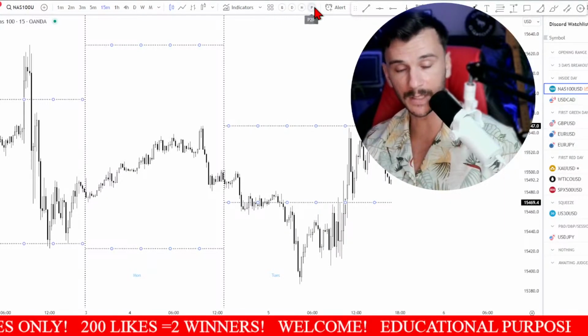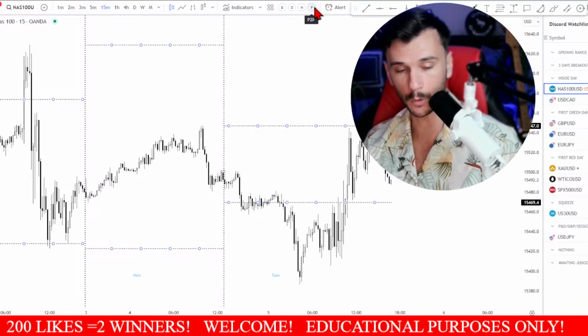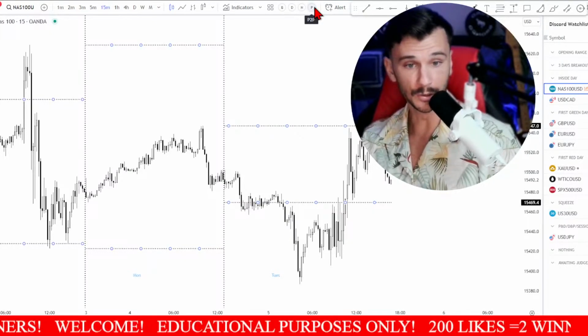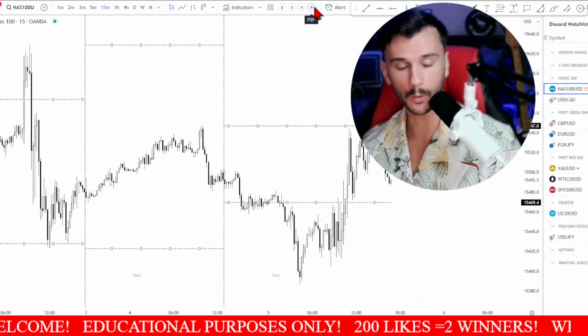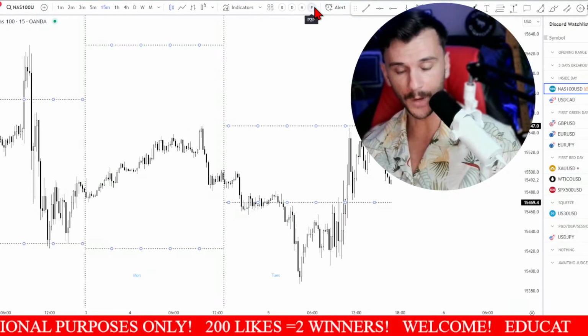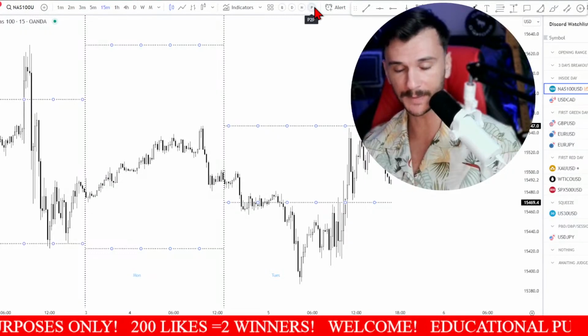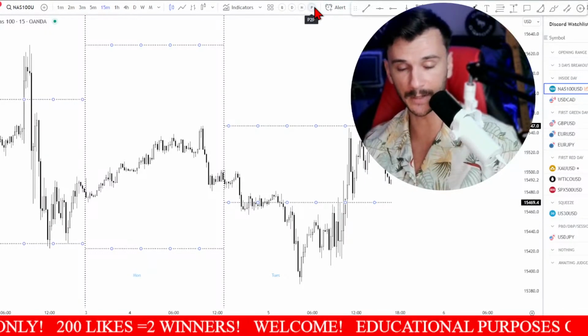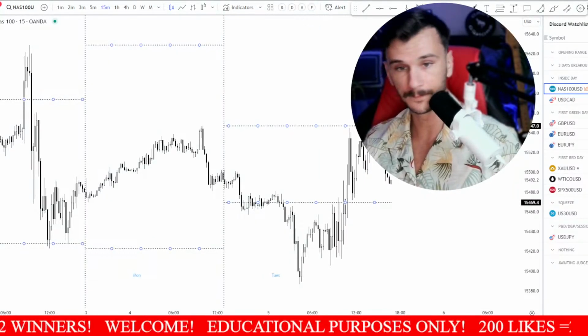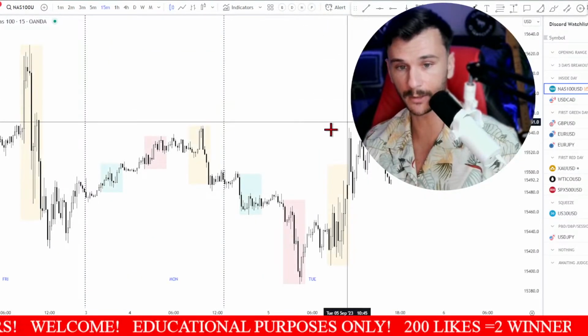For the pips of profit indicator, go to Discord and click on the link, go to the indicators discussion or the indicators channel, click on the pinned messages, and find where it's talking about the pips of profit indicator. You add it to your favorites, then you add it to your chart, and then you will have it. Okay. Let's take a look at the pips of profit indicator real quick.